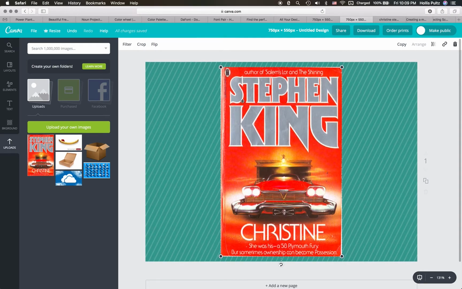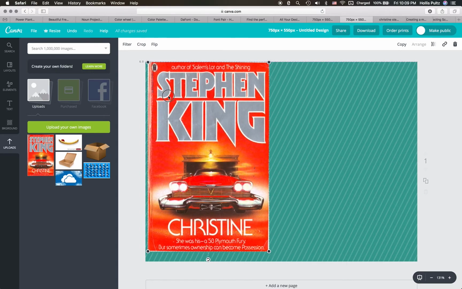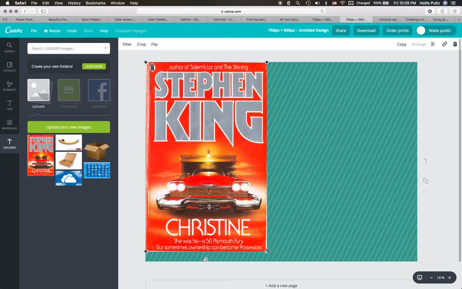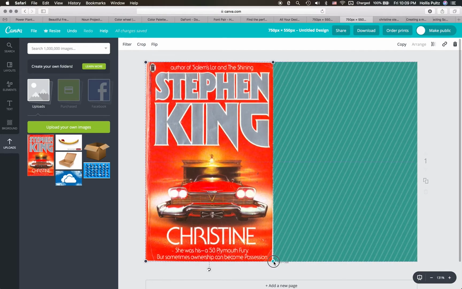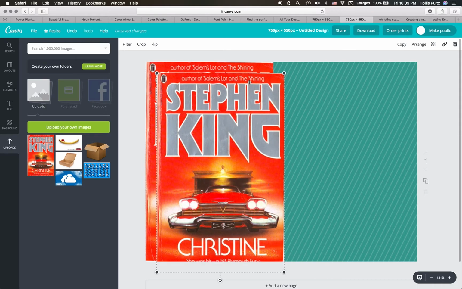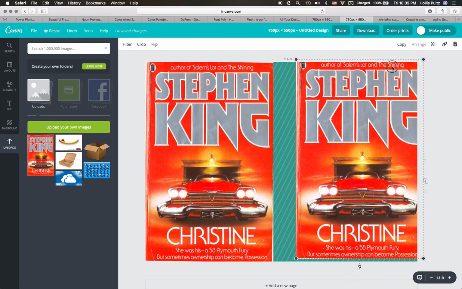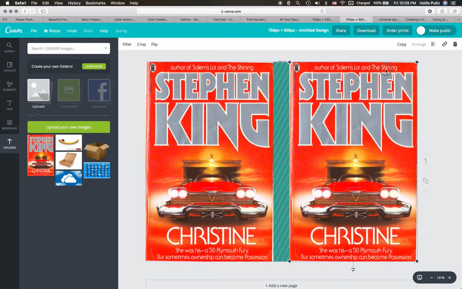Scroll up a little bit. I'm going to go ahead and snap this up into that top corner. Expand it down a little bit. It looks to me like Canva goes ahead and changes things a little bit. It shrinks it a little bit when you first load it in. So we've got that. Now I actually want to go ahead and copy it again. So copy and paste. Got that. Put that there. Okay, so now we've got these two, but now we've got this off-color background, and that really